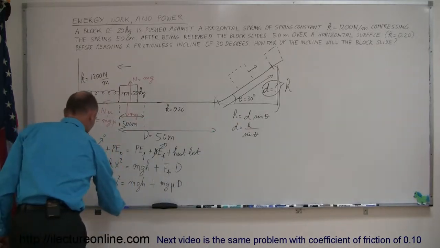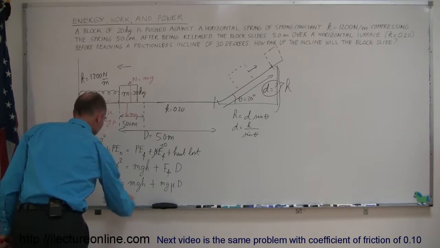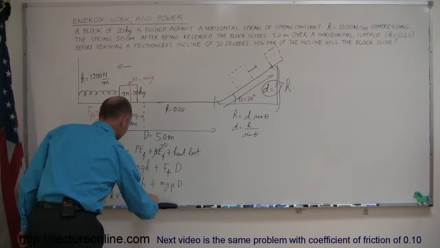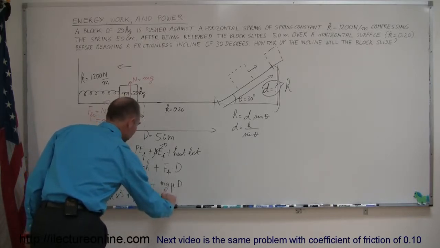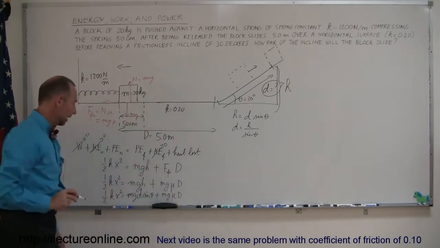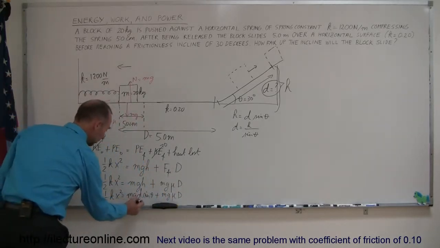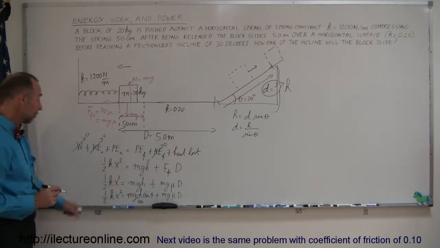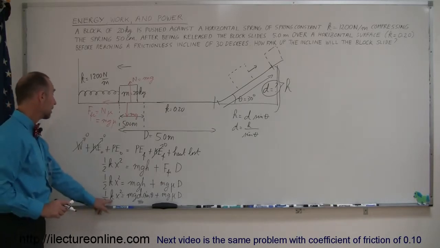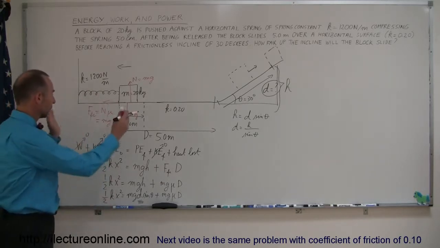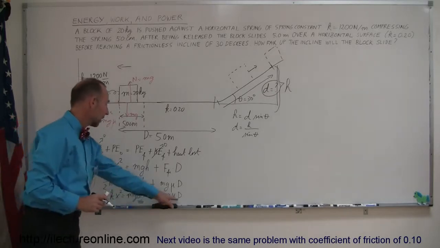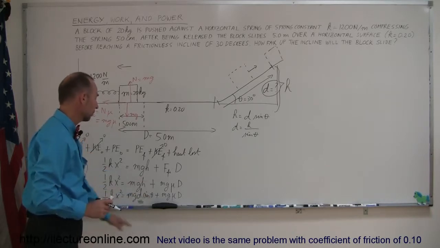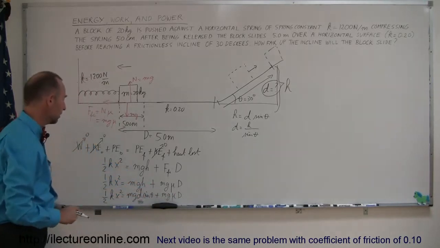So one more conversion of the equation. We have 1/2 kx squared equals mg times d sine theta plus mg mu D. And the only thing we don't know here is this distance right here, the distance up the incline. So we now have to solve that equation for small d. Everything else should be known. K is known. The distance the spring was compressed and the distance that we travel over the rough surface are known. We know the mass, we know g, we know the angle theta, we know mu. So now let's solve this equation for d,